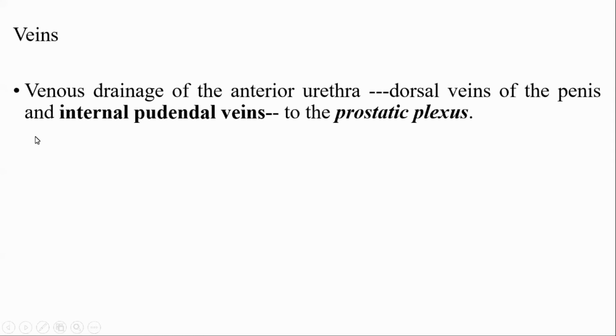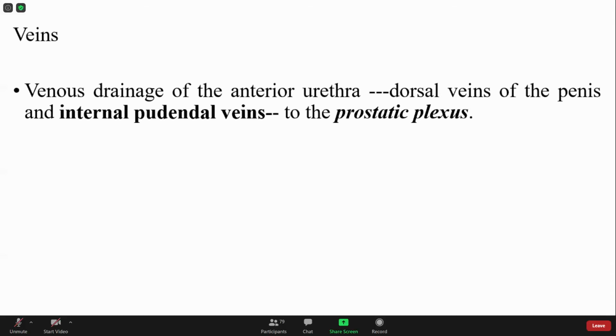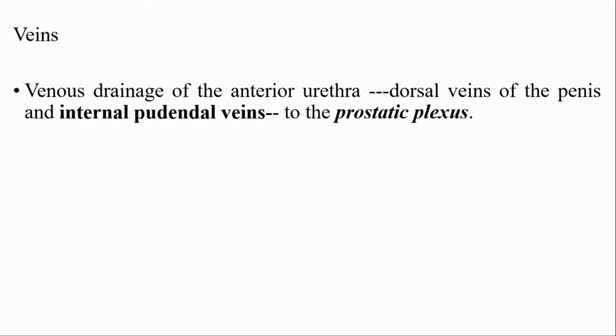of penis and internal pudendal vein, then to the prostatic venous plexus. Ultimately, they drain into the prostatic venous plexus. These are valveless venous plexus. So the infection can travel to the vertebral column, then to the spinal cord, then to the brain. You will study in the pathology. Hematogenous spread in pathology. Prostatic cancer.